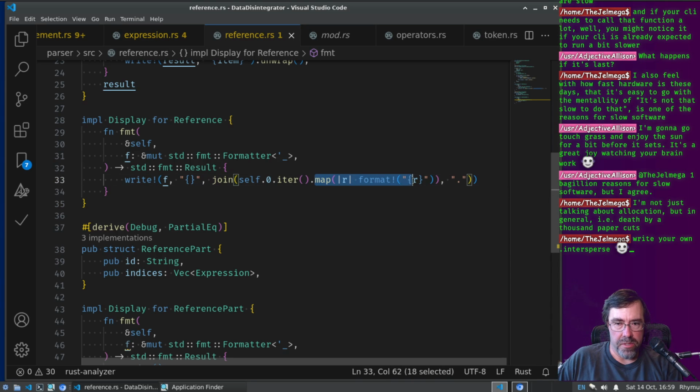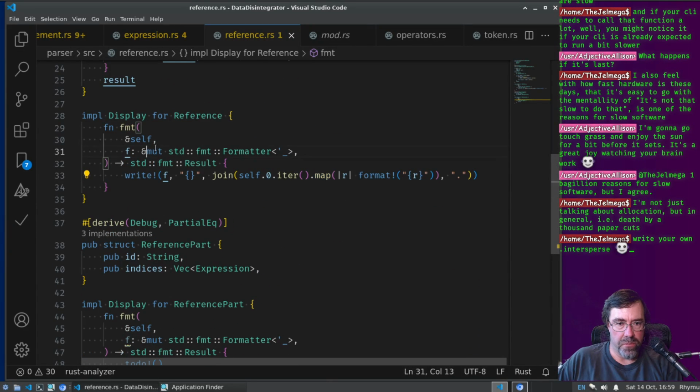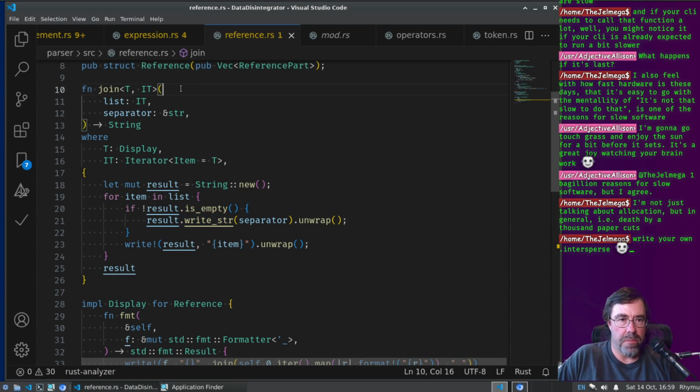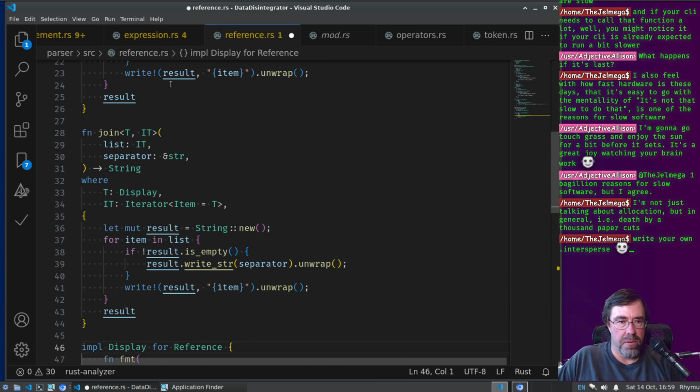If I'm going to be doing this a lot, maybe I'd do another version of this which interacts with the formatter. And then I wouldn't need to do the allocation at all. I would just write it directly. That's probably even better, right? Hold on, I'm interested in doing this. So if I say like format join or something,